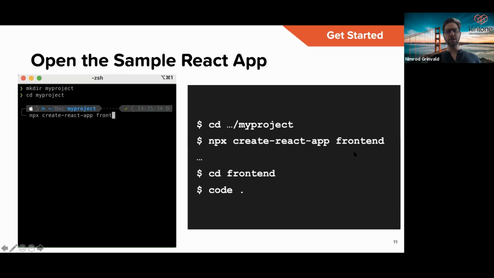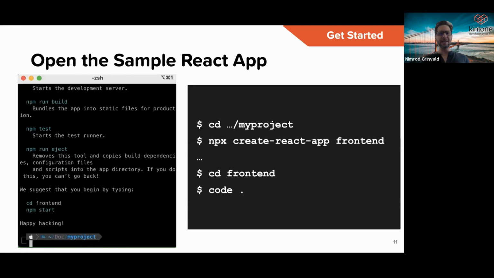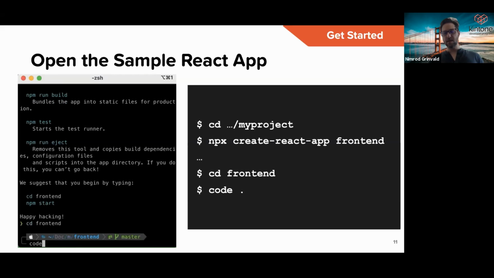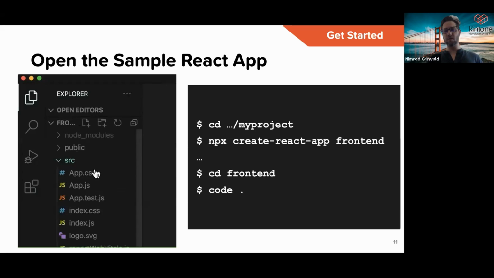Then you're going to type in the following command: npx create-react-app front end. So what we're doing is we've created a folder called front end where the create React app boilerplate is going to be put. And then once it's done installing, we're going to cd into that front end folder, and we'll open that up into